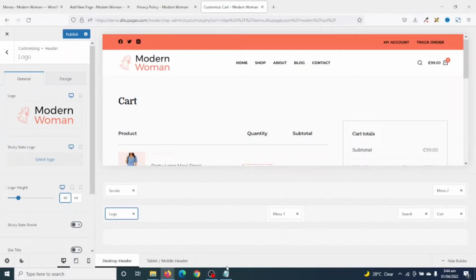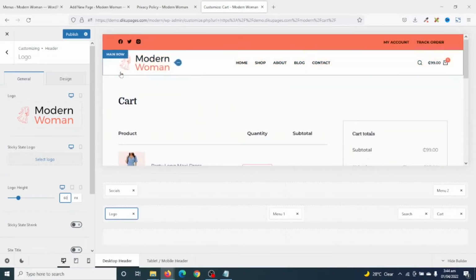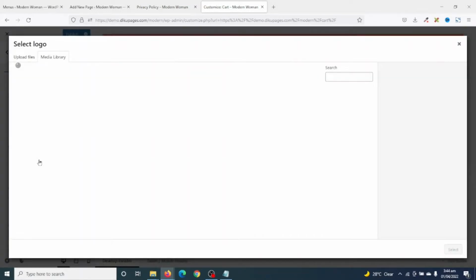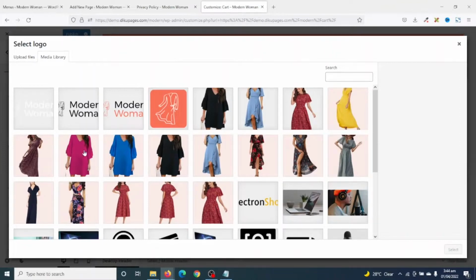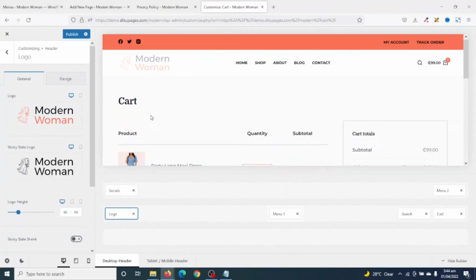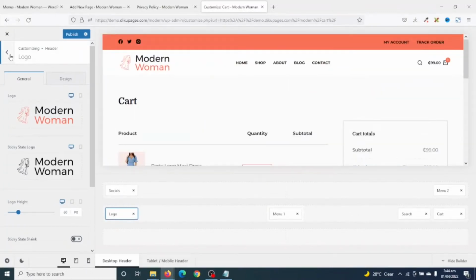To 60. Now if I'm scrolling, you see that the logo is not displaying well. The dress and woman is not showing. So what I can do is I come to sticky logo, select. Then I'm going to go ahead and use this one. Perfect. Next I click on back,